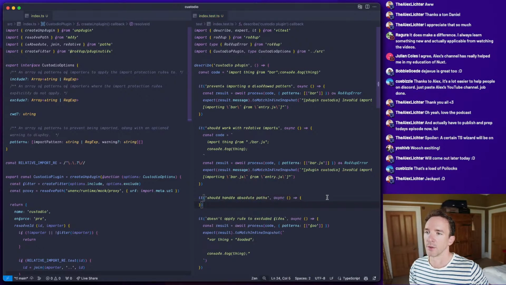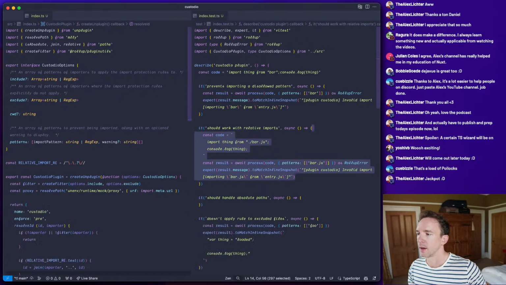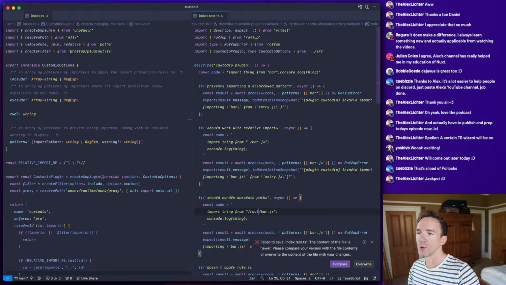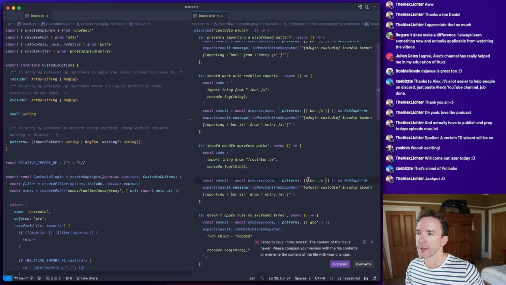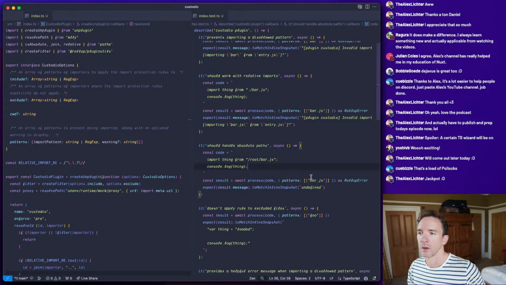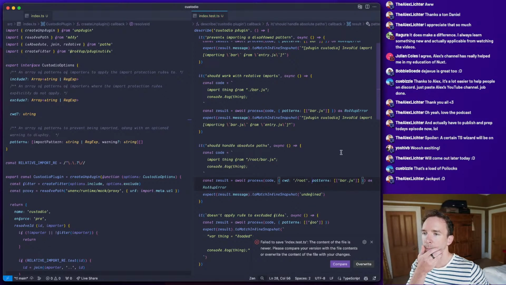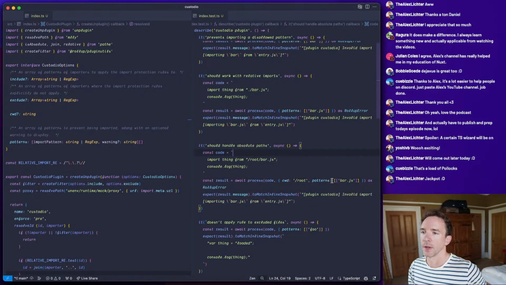Basically, we just need to handle this sort of CWD behavior. So we have some code, and we're going to do abs, sort of root bar.js, and what we want to pass in is root, and now it should be